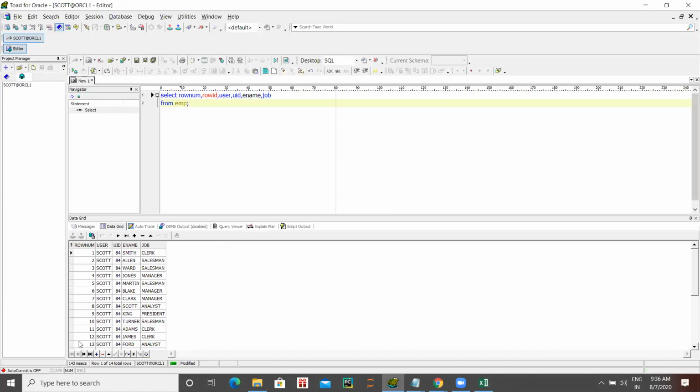So here in the employee table, we have employee name and job, but we are using ROWNUM, ROWID, USER, UID, right? These are called pseudo columns. In the heading, you write pseudo columns. Pseudo means false. Just write pseudo columns, spelling PSEUDO.